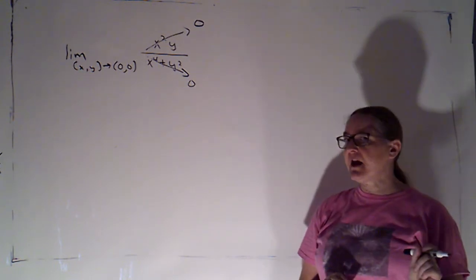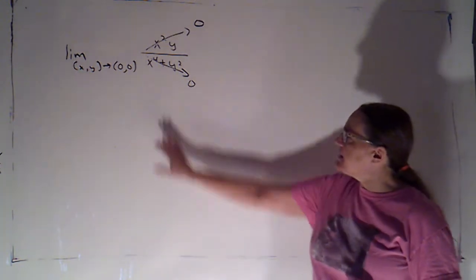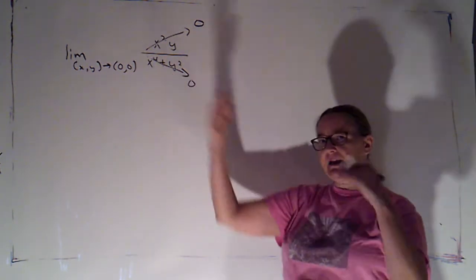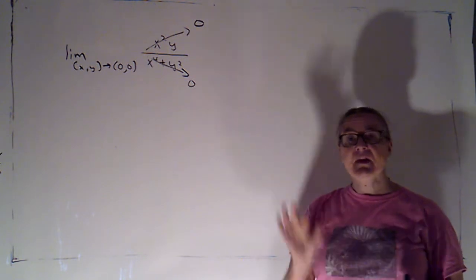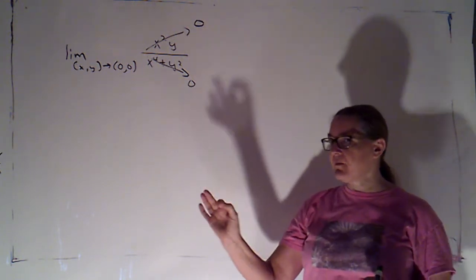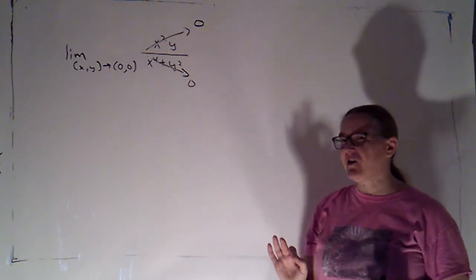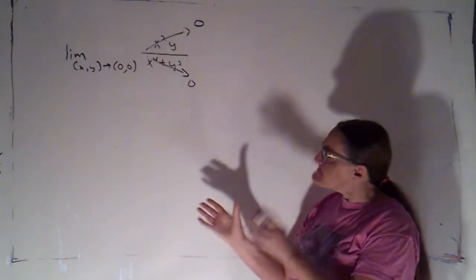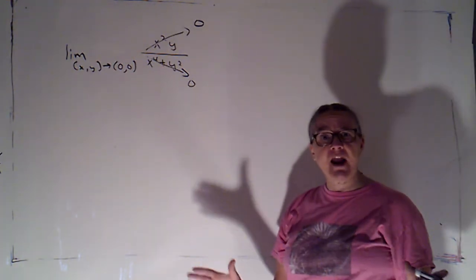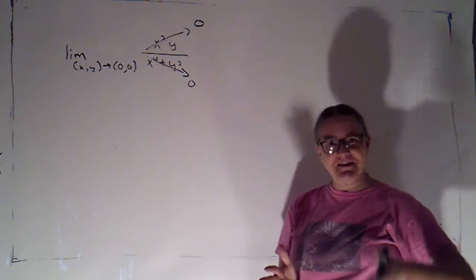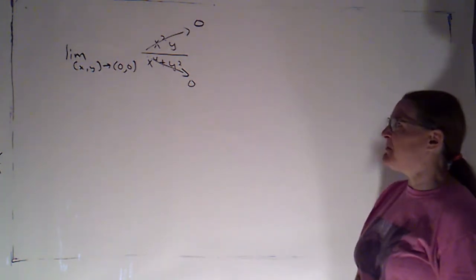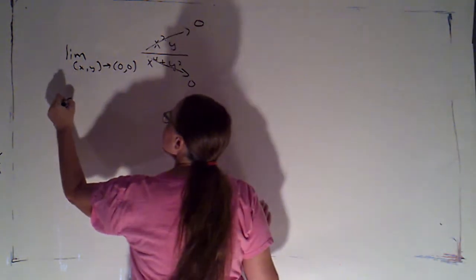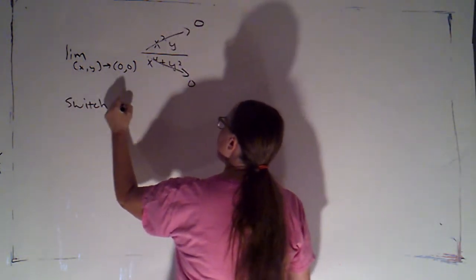I'm a little bit skeptical about that just because I can see that I'm going to be getting some sines and cosines in the denominator that aren't going to cancel. And while sine and cosine are bounded, their reciprocals are not. So let's try it. If it works, great. If it doesn't work, we'll see one of the limitations, times when we should maybe be a little skeptical. Okay, so I'm going to switch to polar,